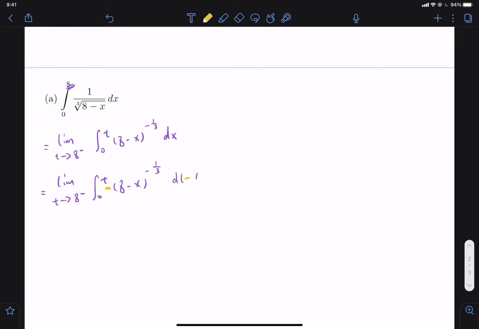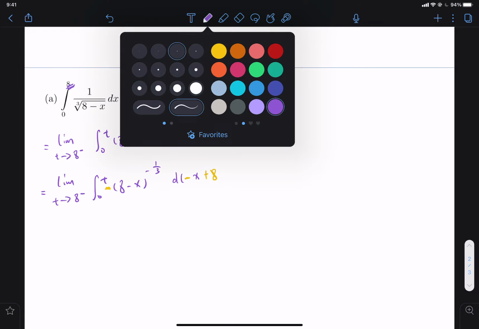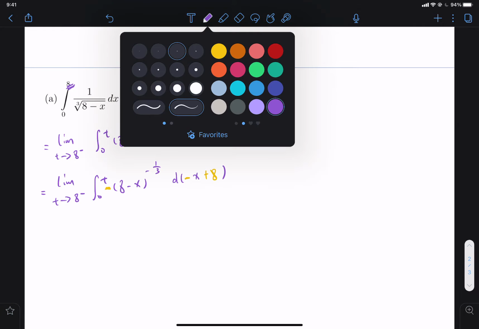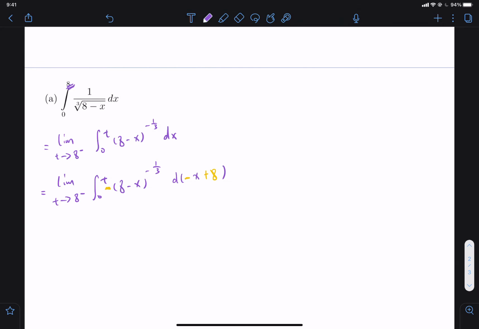So we can add 8, or maybe add the 8 here. So now they're the same. This is 8 minus x. This is also 8 minus x, right? So now this becomes